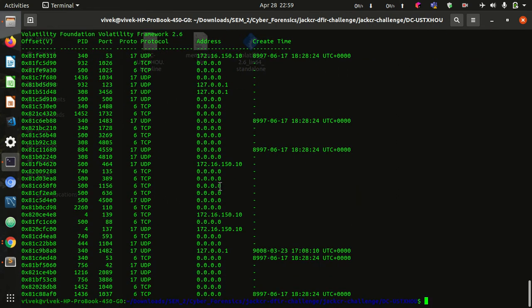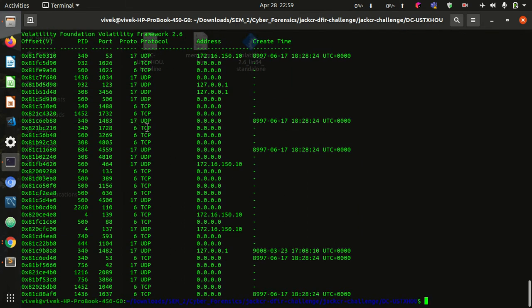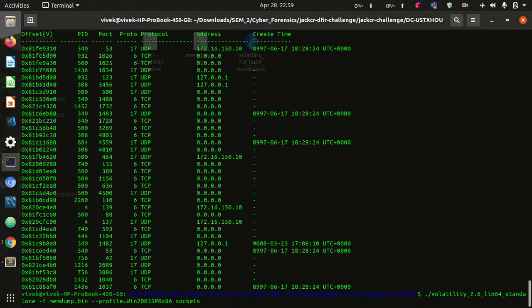If we want to narrow down our search to only TCP sockets, we can also use the grep command along with it to search only TCP sockets.